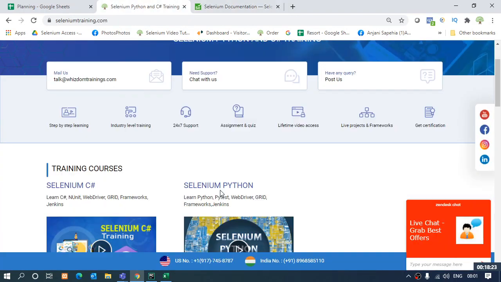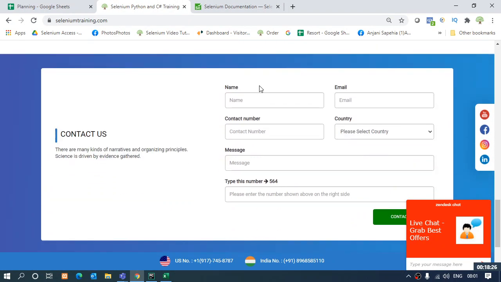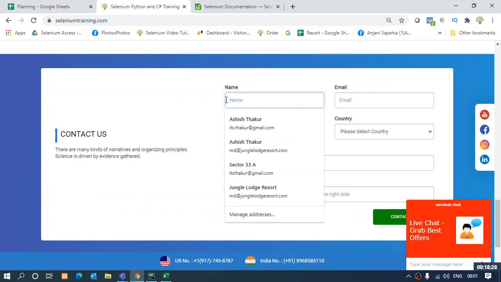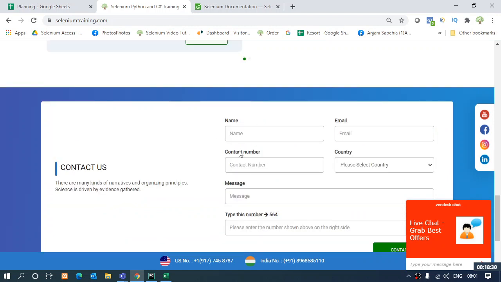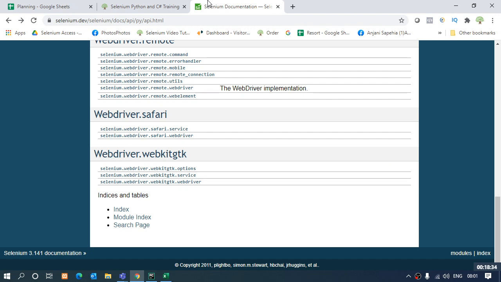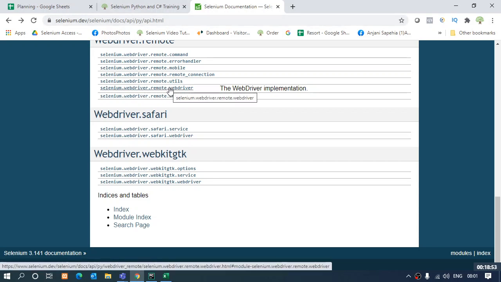So just suppose I have a scenario that in this text box I have to enter my name. So how will I do that? Using Selenium. So likewise, we use Selenium WebDriver package to automate to start with our browser, to open up our browser and navigate to some URL. The same way to interact with the web elements, we have another package that is just below the WebDriver documentation.